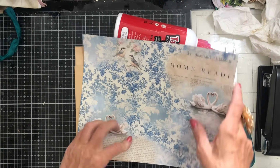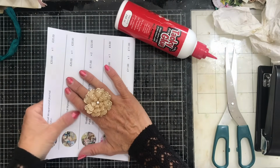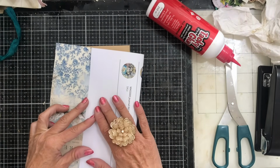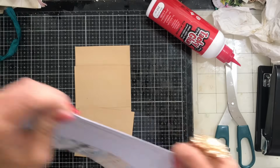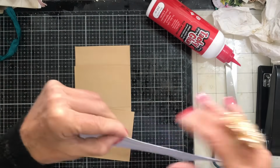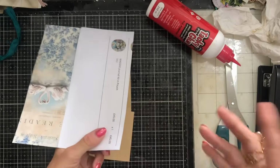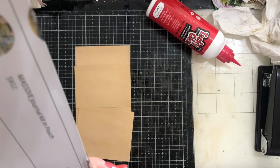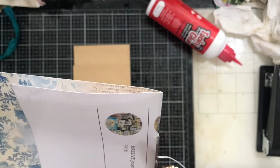Okie dokie. Now weirdly, I seem to have changed my way of doing these, because I'm pretty sure that when I did these the first time around, I went right to the edge of the envelope. And you know, that's fine. But weirdly, I seem to now prefer them with a bit of envelope showing around the edge. So it's up to you, again, how you do them. But I'm going to do them slightly sort of shy of the envelopes, because I think that's quite pretty,